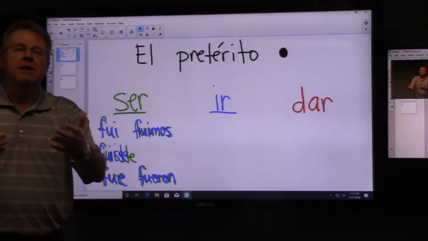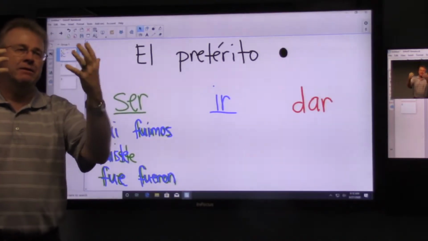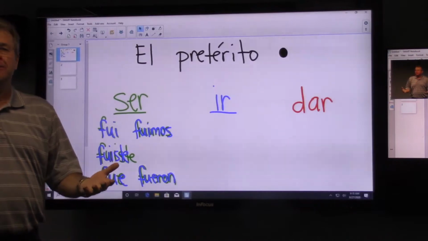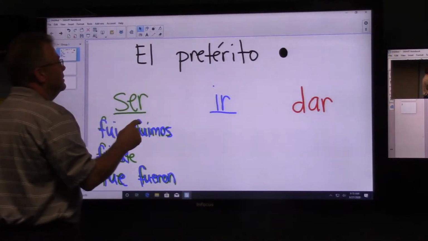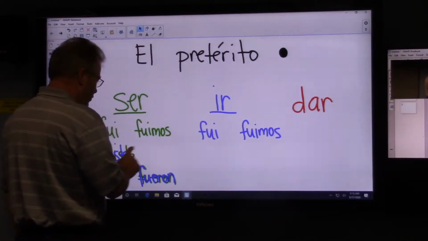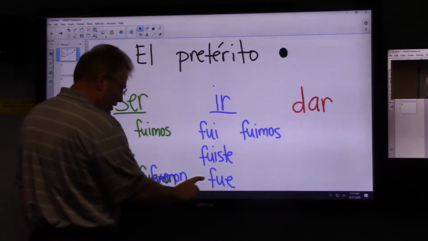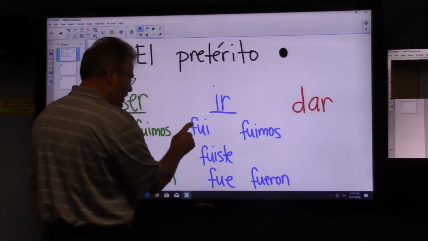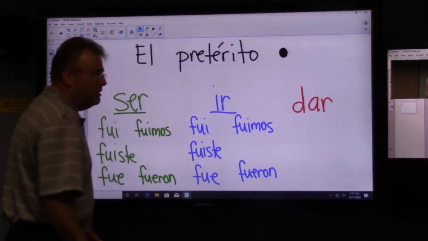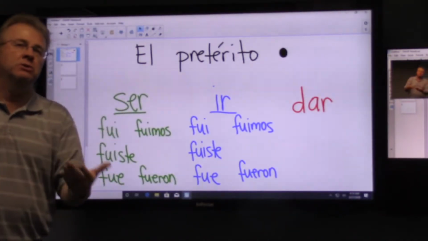How could that be? We have two verbs that are conjugated exactly the same in the preterite tense. How could that possibly be? How are we going to be able to tell the difference between the two verbs? The conjugations anyway, right? Or the meanings between the two verbs. Well, it's easy, right? It's the same idea we've been using all along. How do we tell a particular meaning or distinguish a particular meaning or understanding of something? It's the context. We pay attention to the context in which it's being used.